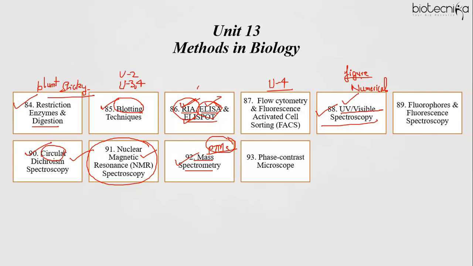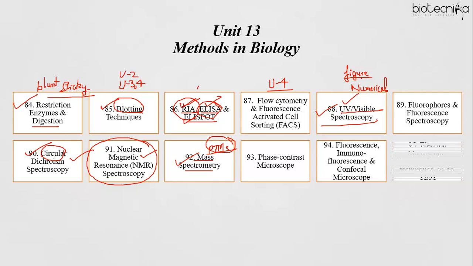Then among the microscopy, phase contrast microscope, fluorescence and confocal microscope and electron microscope are very important. So either a direct Part B question on the application of phase contrast or confocal or fluorescence is asked, or even immunofluorescence can be asked, or it can be a Part C question. And especially if you go through the